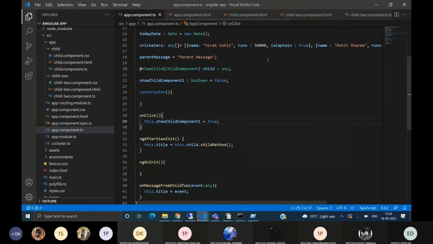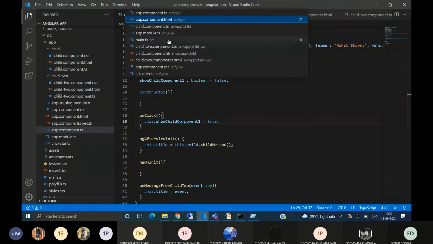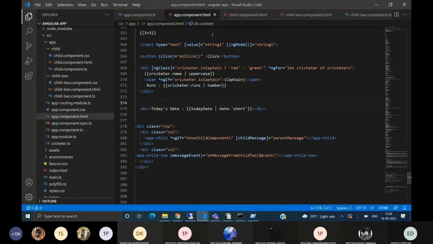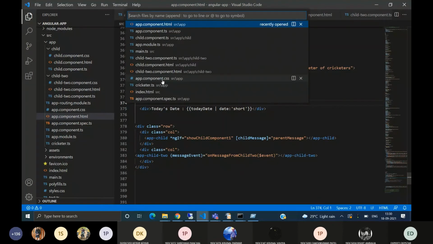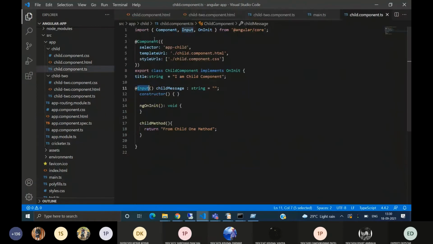Now in the child component, you can search for any file by pressing Ctrl+P. This will open, and you can type any file you want to search, child one.